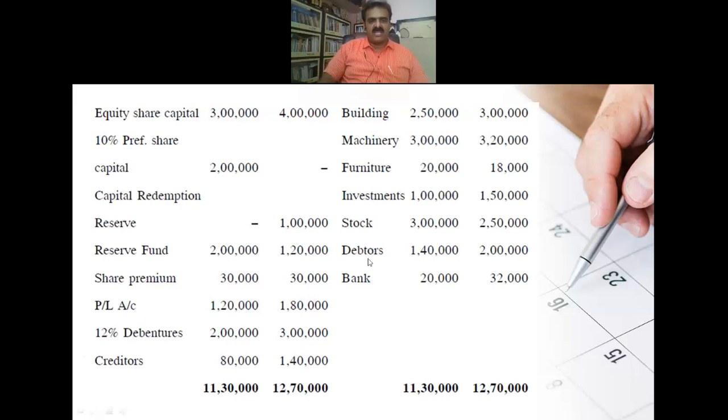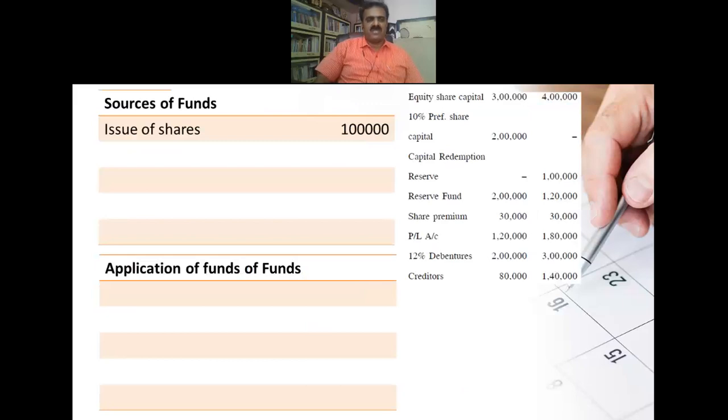And creditors and current liability, current assets and current liabilities are taken in the working capital statement. There is a net decrease in the working capital. And buildings, machinery, furniture, for all the three accounts you have prepared, there is a purchase of buildings, balancing figure is there, that will come. And investments accounts also you have prepared, both sale and purchase is there. So stock, debtors, bank, it is taken in the working capital. So this is just an overview of the balance sheet before preparation of fund flow statement. Let us prepare this fund flow statement.